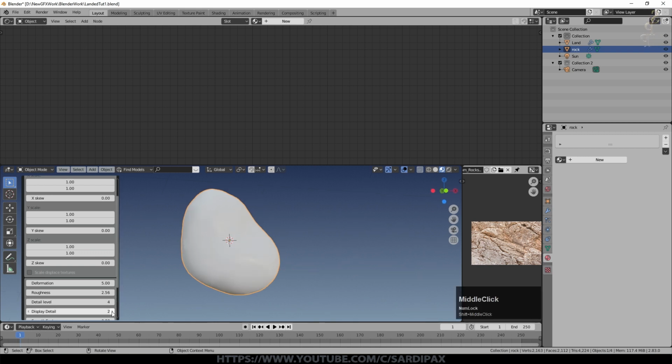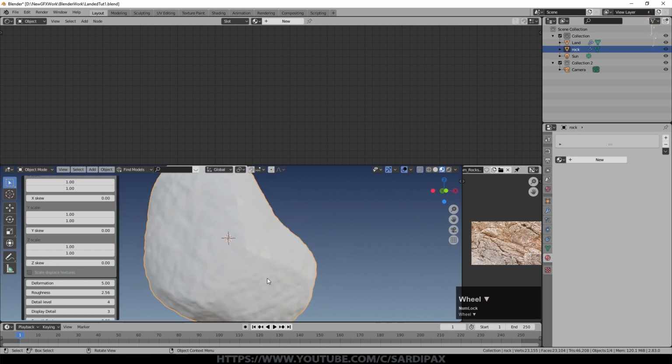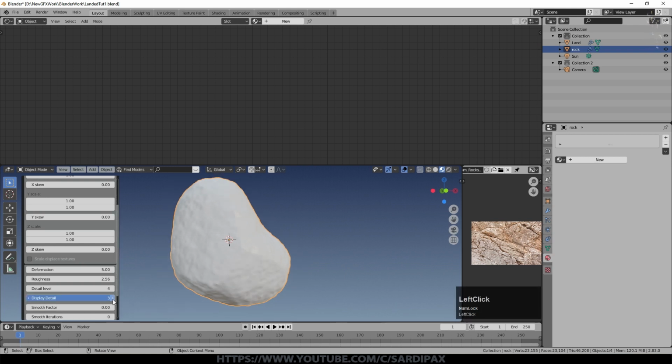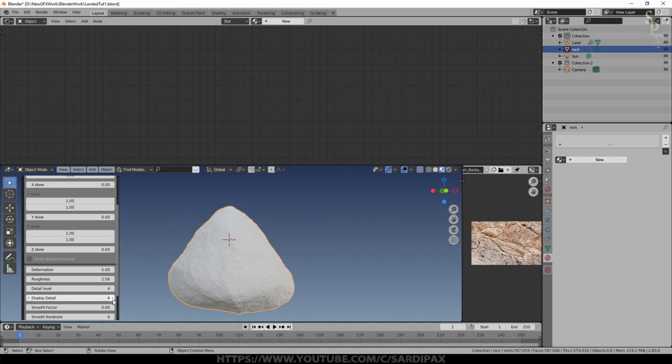So this one is going to have a relatively high amount of detail, and you can see now we've just suddenly got a bit of surface variation there. Don't go too mad because we're still going to have a number of these rocks, but you can play around with that. And you notice if you go up to 4 on the detail level, there's a long pause before it resolves. So I'm going to go back down to 3, as that immediately tells you it's created a lot of vertices. And we've already got now almost 1 million vertices, so that's a bit too much.